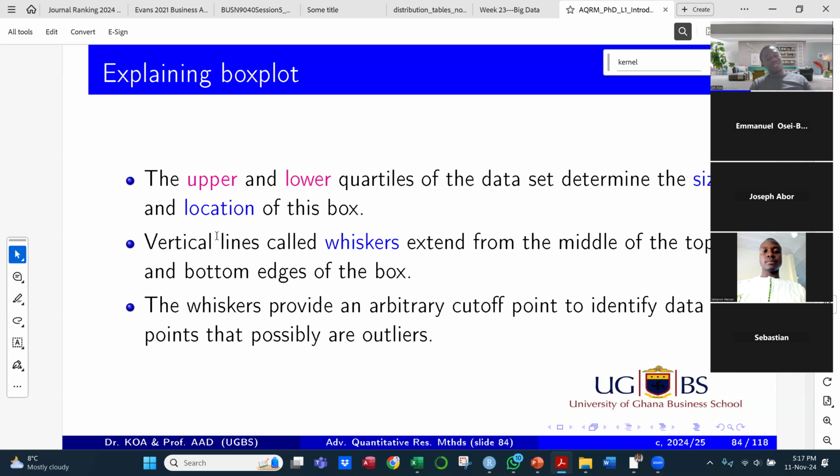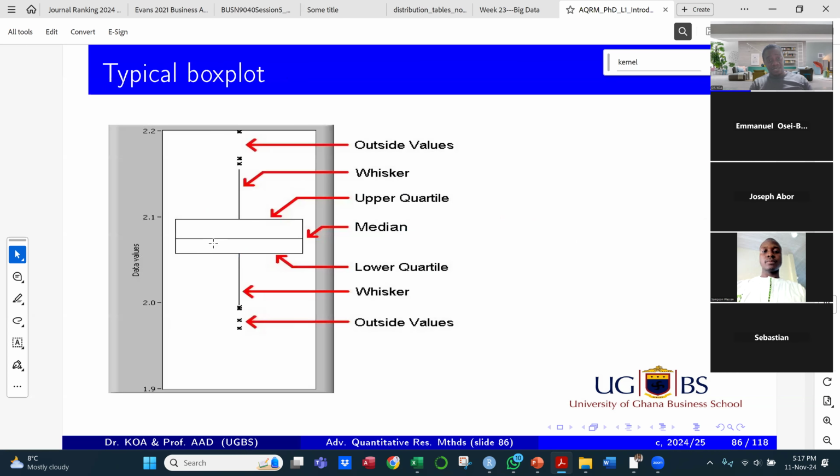Box and whisker plot is very good when you want to detect outliers. Okay. It can help you to detect outliers in the data. And the explanation is that you have the 75th percentile, that is the upper quartile. Then the 25th percentile, that's the lower quartile. 50% of the data is within this section here. The second quartile is the median. You have the whiskers, and you have the